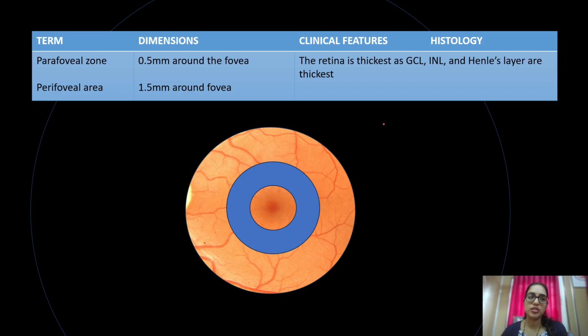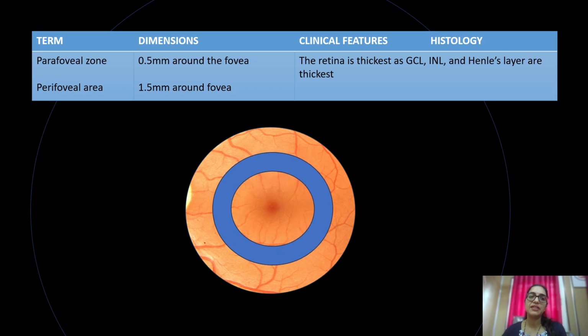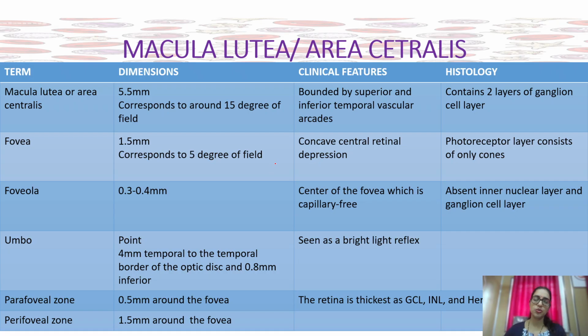There are 2 more important zones called the parafoveal and perifoveal. Parafoveal is 0.5 mm around the fovea, and perifoveal is 1.5 mm around the fovea. Here the retina is thickest as ganglion cell layer, inner nuclear layer and outer plexiform layer, that is the Henle's layer, are thick. So to revise, we studied what is macula lutea or the area centralis, which is 5.5 mm,